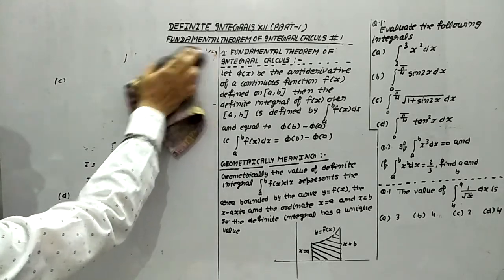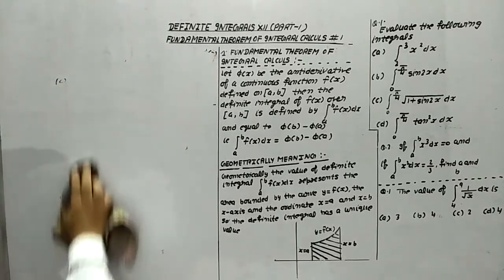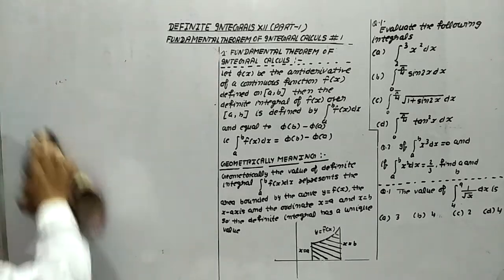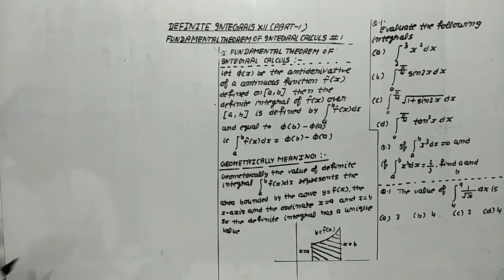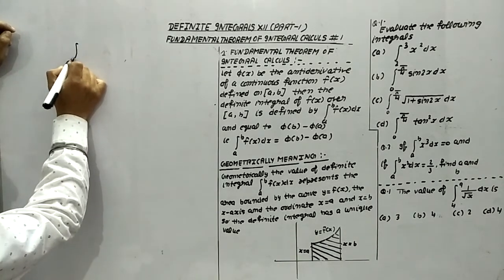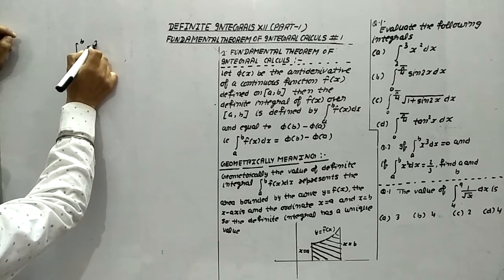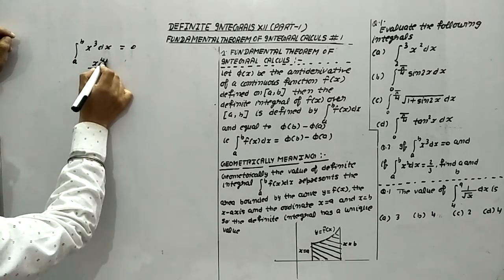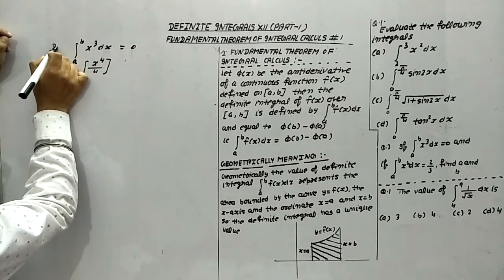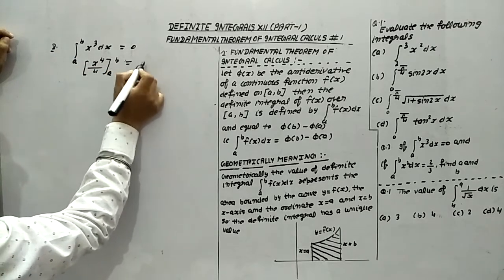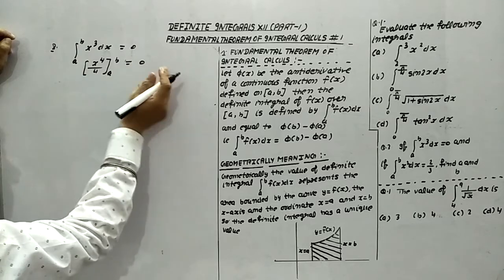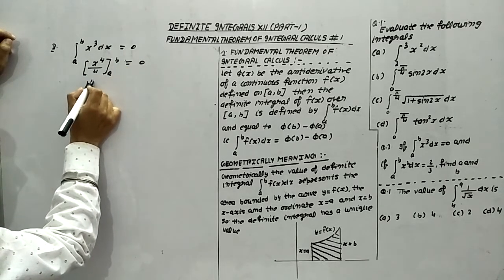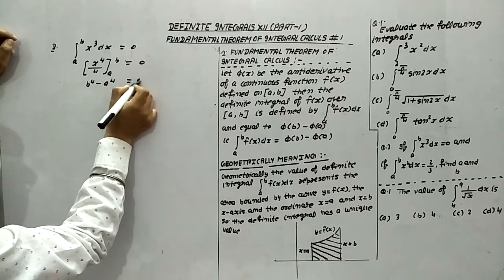In question number 2, what they are saying, they are giving these conditions and we have to find the value of a and b. Now look at this thing. To do this part, first of all they are giving the integration from a to b of x³ dx is equal to 0. First do the integration: x⁴ upon 4, from a to b, is equal to 0. Put the limits and shift this 4 this side. 4 into 0 is 0. It means this becomes b⁴ minus a⁴ is equal to 0.